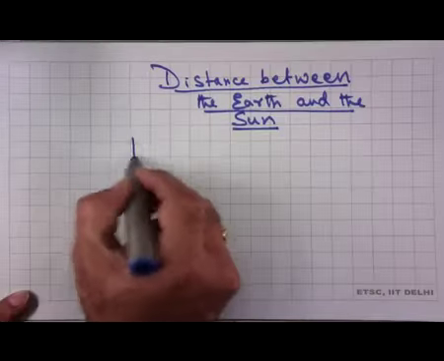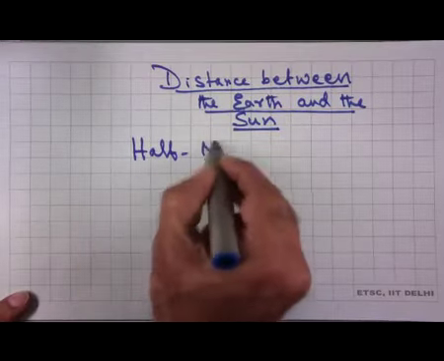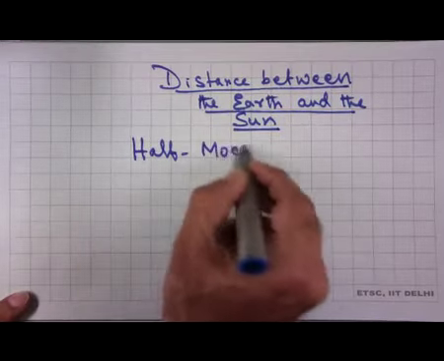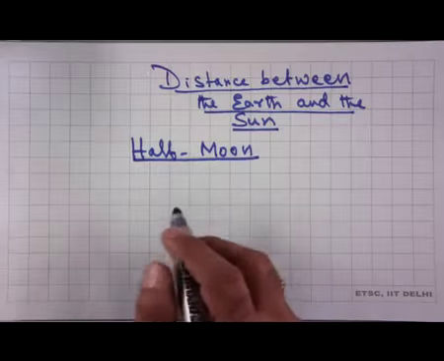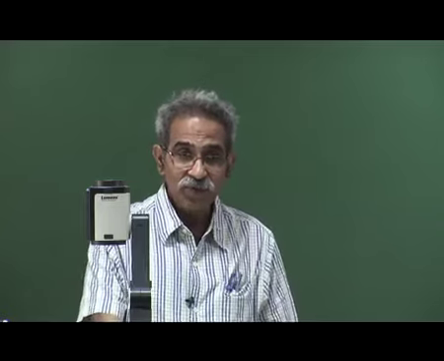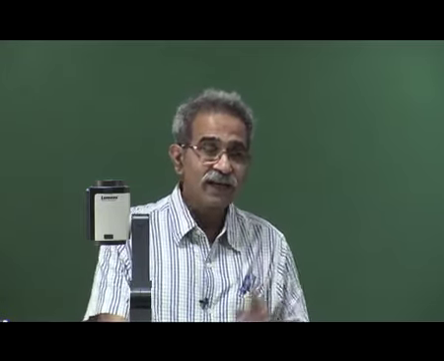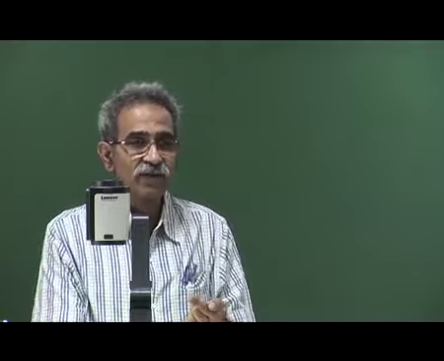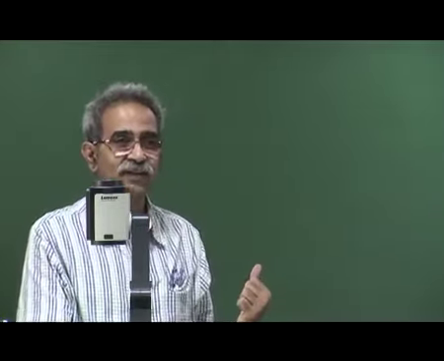So here what we shall do is not look at either the lunar eclipse or the solar eclipse. Let us look at the half moon. So this is the 8th day roughly, what we call Ashtami, which is a very important day for many religious purposes. So when does it happen? The new moon happens when the moon is directly in between the earth and the sun, apart from some corrections, because it is not exactly in the same plane. And the full moon happens when the moon is directly on the other side, with the earth between the moon and the sun.